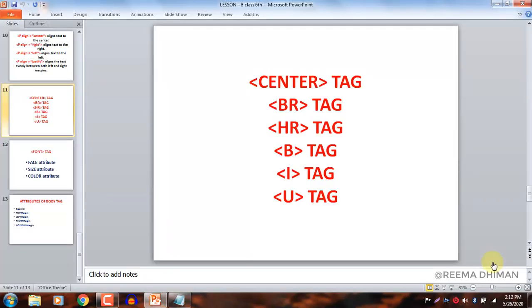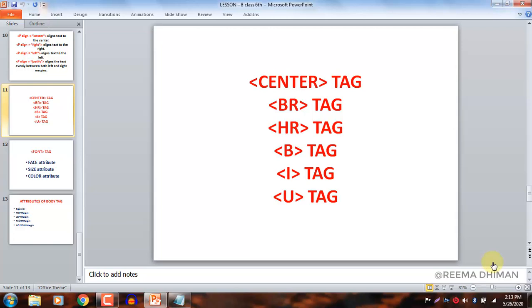Now the next tag in the sequence is BR tag. Sometimes we require line breaks in our document so as to end the lines after short pieces of information. These breaks are significant while writing a poem or an address. You can introduce a line break into your HTML document with the help of BR tag.